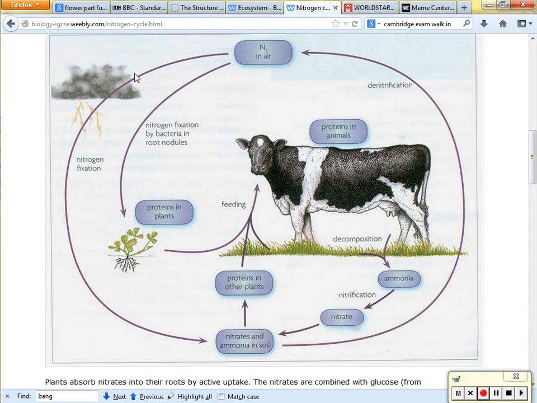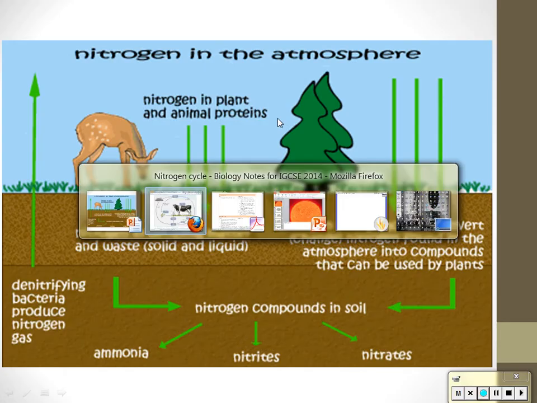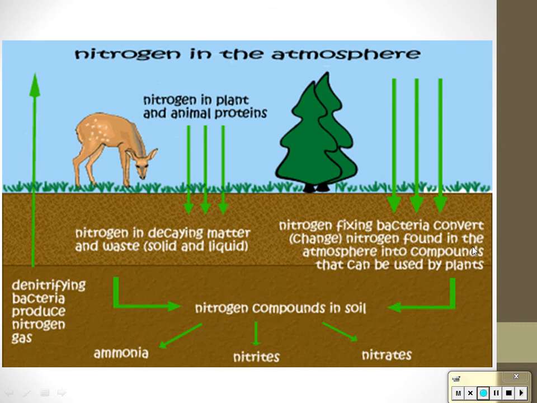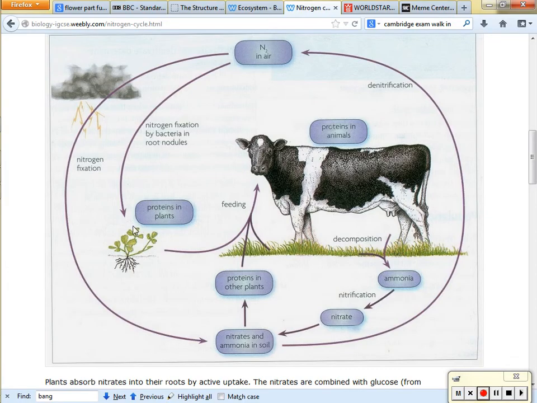One way nitrogen fixation happens is through lightning. That's not all of it. The second way is through bacteria in root nodules and also bacteria in soil. It's a common misconception that the bacteria is only in the root nodules. The bacteria is also just in the soil, okay? So the nitrogen dissolves in the rain and it gets rained on the plants, and these plants and the bacteria in there turn the nitrogen into nitrates and nitrites. There is a more complicated one, but we're going to stick with the easy one. So it fixes the nitrogen and turns it into something usable.